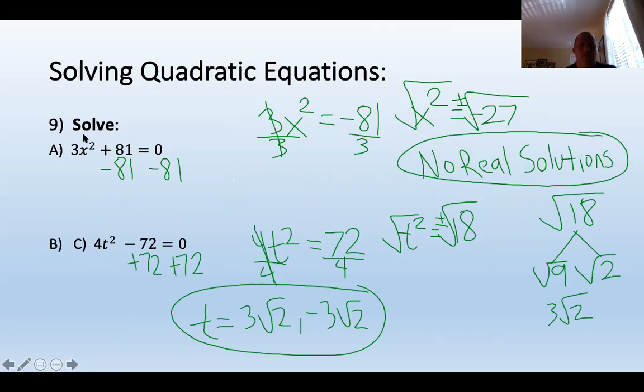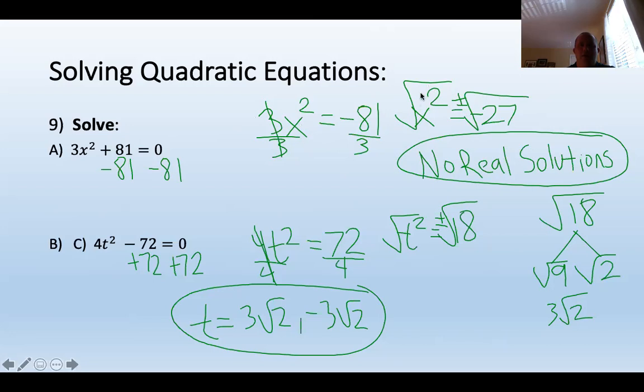So the next problem says 3x squared plus 81 equals 0. So this is going to be a little bit different. We want to solve for x. So the first step that I showed here was to subtract 81 from each side to move it over. You'd end up with 3x squared equals negative 81. And then you would end up dividing by 3 on each side, which would give you x squared equals negative 27. But then you square root each side,